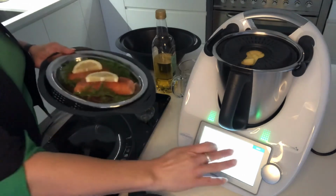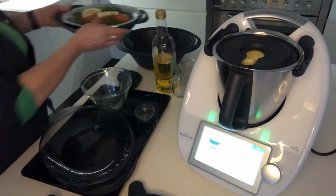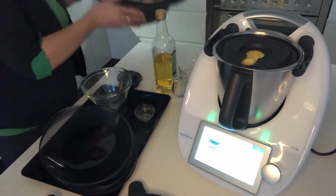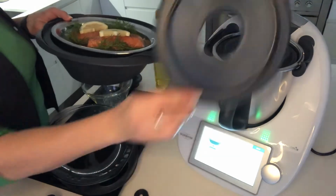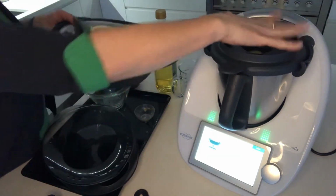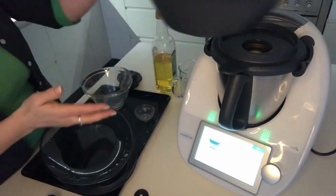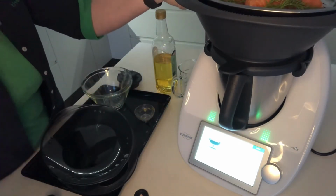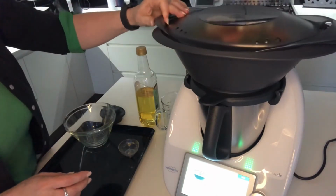All right, so we have done the step. Instead of the chicken, we have put in the salmon, and now it wants me to put the lid on top, and let's sit the Varoma on top. This is how this looks like. All right, putting the lid on top,